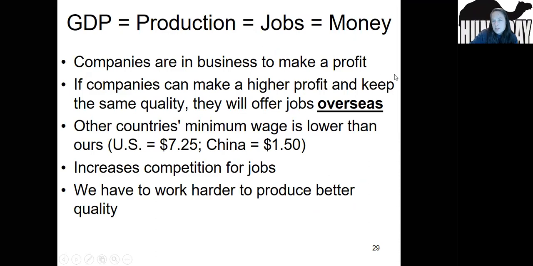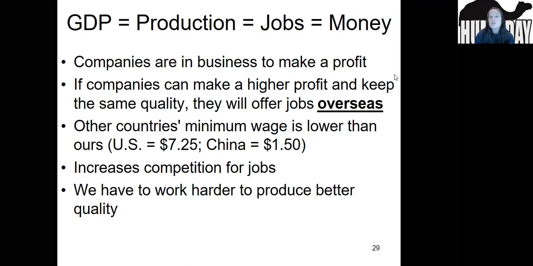So this is just an overview of what we've covered. GDP is the same thing as production. If we're producing stuff, we have jobs. If we have jobs, we're making money, and the companies are making money. Companies are in business to make a profit, and the more money a company makes, if they can keep the same quality, they'll offer their jobs overseas because people in other countries don't make as much